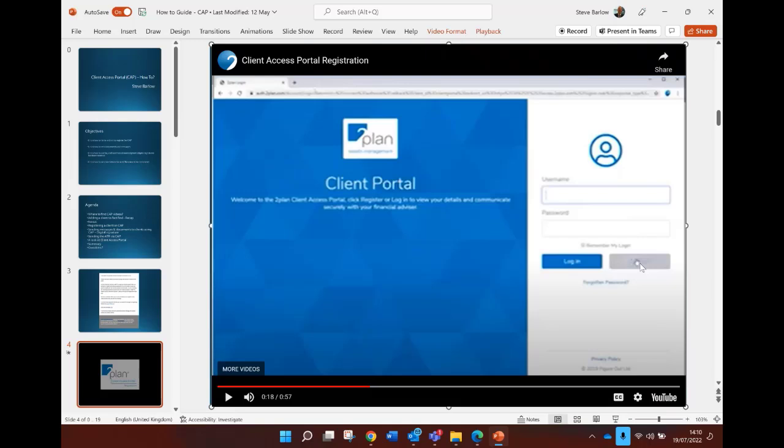But what some of your clients tend to do, I say that because they've stopped doing it on the whole, is they will click on login first and try and log in and press all sorts, and they can't do it. But the email clearly says, Mr. Client, we need you to register. So they click on register. Once they press register,